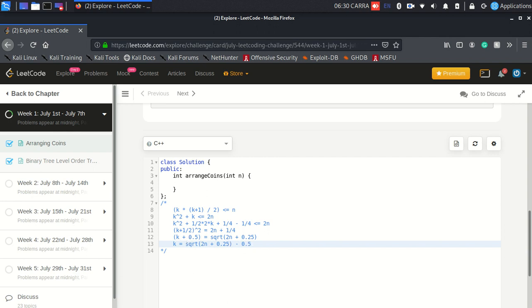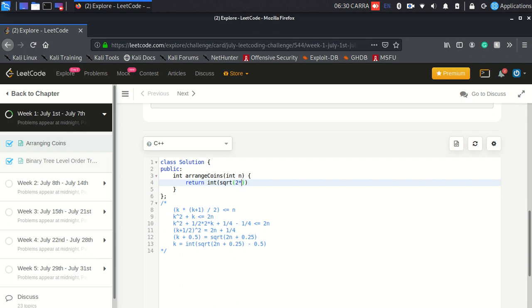But since this involves square rooting terms, it's highly probable that the answer is a float or a double, but I need to return an integer. I'll typecast it to an integer. So what does the value signify? If it's 3.4, that means I can have 3.4 rows. So how many complete rows do I have? 3, right? So this is the significance of giving an int. This is pretty much easy. So one line, I'll return int of the square root of 2 into n.